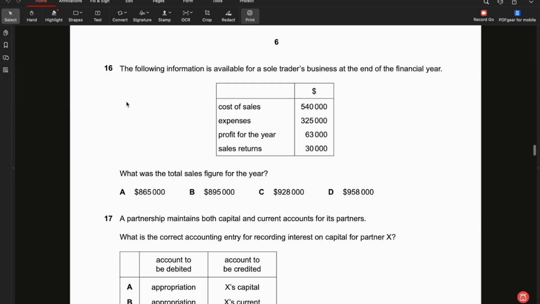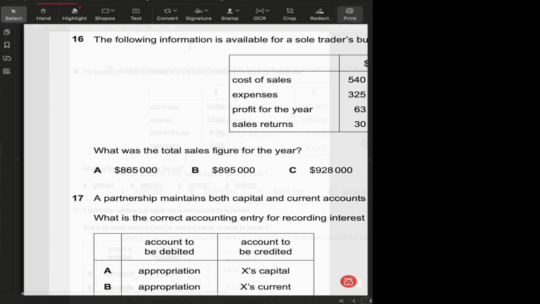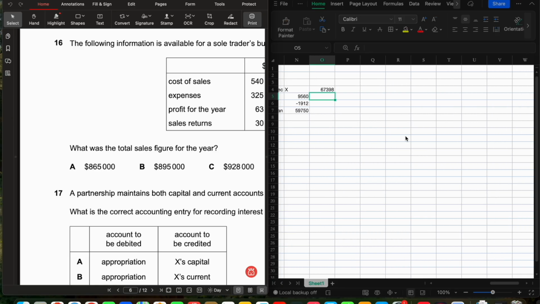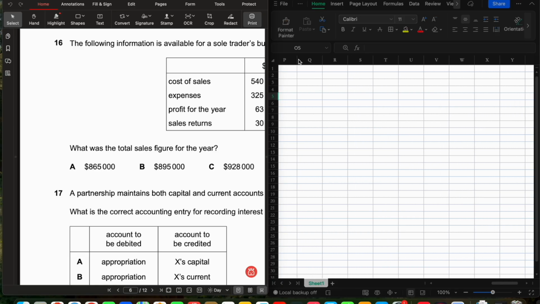16. The following information is available for a sole trader's business at the end of the financial year. Cost of sales 540,000, expenses 325,000, profit for the year 63,000, and then the sales return is 30,000. What was the total sales figure for the year? Okay, this is very easy. Let me just put it in the format so that it's easy for you to understand what is happening